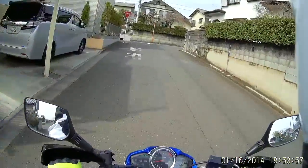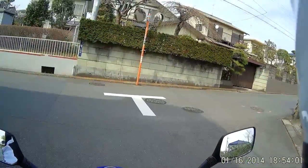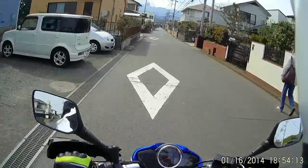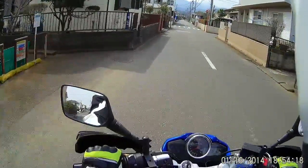So these are some of what neighborhoods look like in Japan. This is cool, and everybody wanted to see this. I'm not lost at all, I promise. So as you can see, another thing too is, we also go in kilometers, so everything's metric over here,